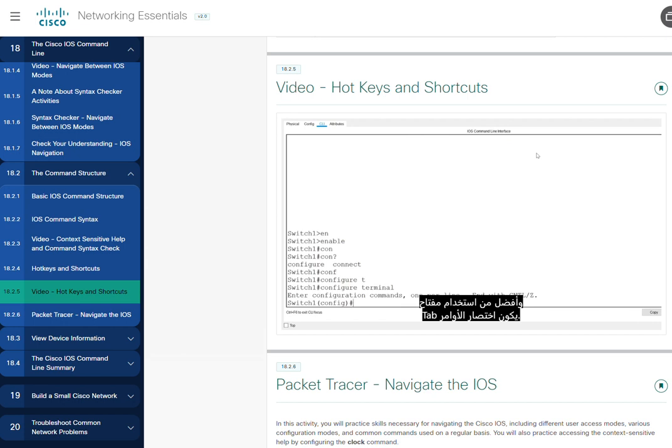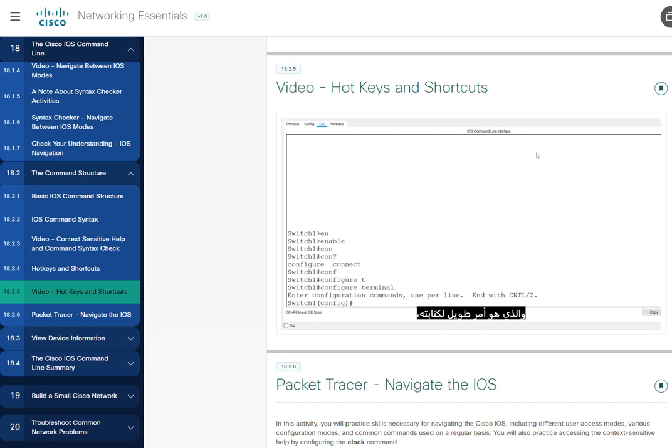Even better than using the tab key is command shortening. With command shortening, instead of pressing the tab key to complete the command, you simply use the first few letters of the command, and the IOS will accept the shortened command without hitting the tab key. This is extremely useful. For instance, instead of typing the command interface FastEthernet 0/1, which is a very long command to type,